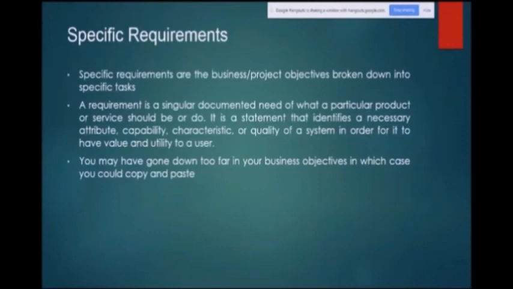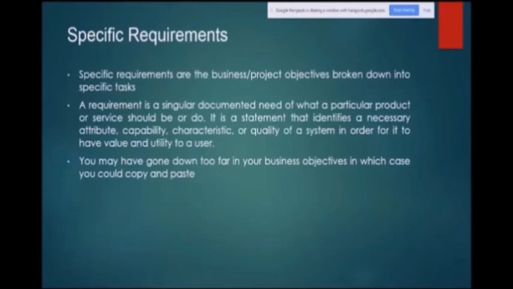Then specific requirements. Specific requirements are the business process objectives broken down into specific tasks. A requirement is a singular documented need of what a particular product or service should be or should do.